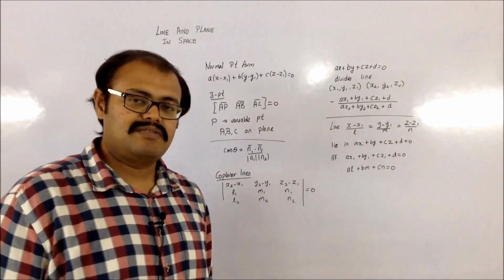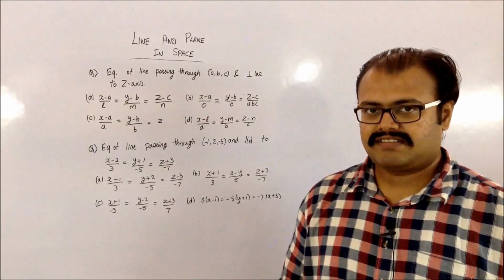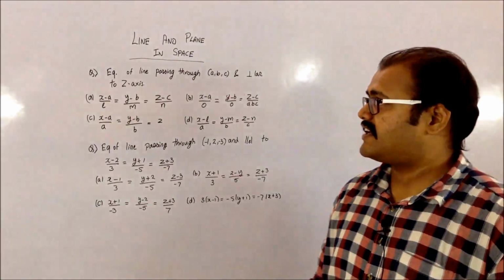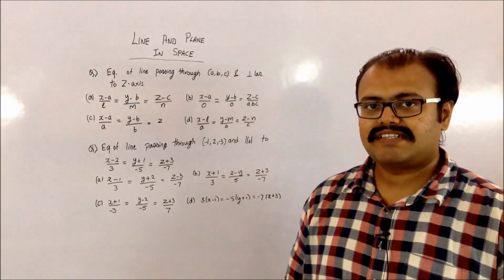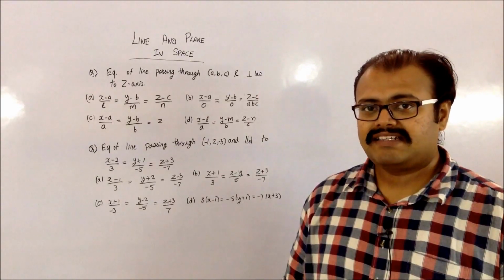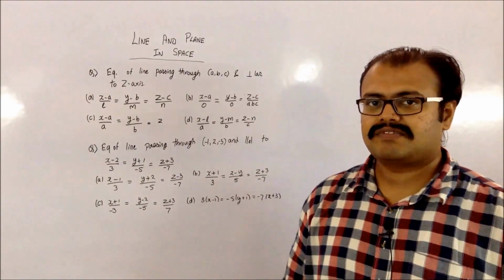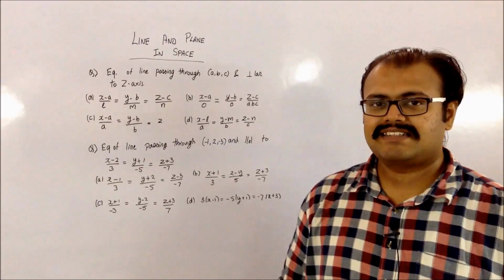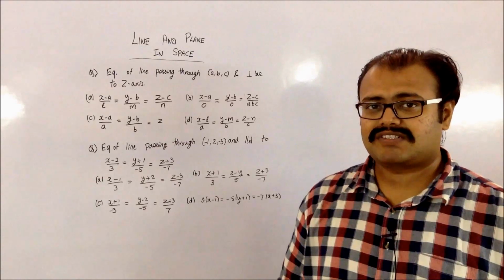Then only I will be able to say that the line lies in the plane. Now whenever you are solving questions based on lines in space and planes in space, it is very important to read the question properly. In the question itself, there are many hints given so that you get the proper solution. So it would be advisable to read the question at least twice to understand clearly what is given.